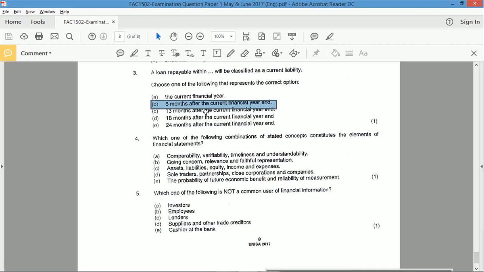Let's see if they've given a specific definition here. Yeah, they have. On page 26 of the textbook, current liabilities are debts that have to be settled in the short term, usually within a year of the date of financial position. A liability shall be classified as current when it satisfies the following: expected to be settled in the operating cycle, held primarily for the purpose of trade, due to be settled within 12 months after the year end. So both are acceptable. So A and B are actually right.